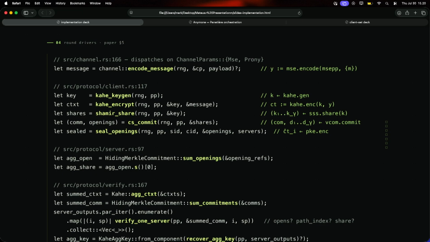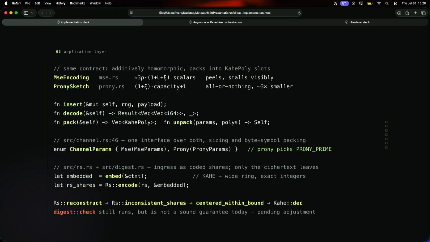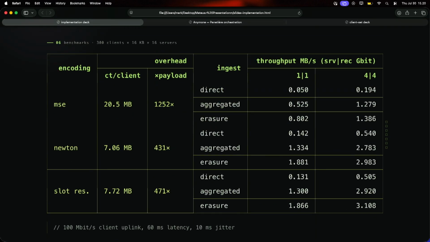It does add a lot of compute overhead. It's something like 5 times slower. But it actually doesn't matter because the bandwidth is such a bottleneck that we can easily increase the computation time by 10x and still not see it in the benchmarks, which is kind of crazy. Right, so at the level of a service or someone implementing this protocol, this is what you'd see in an application. It's really quite simple compared to what you could expect. And yeah, benchmarks.